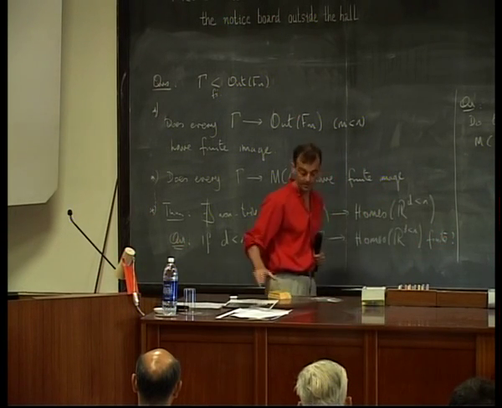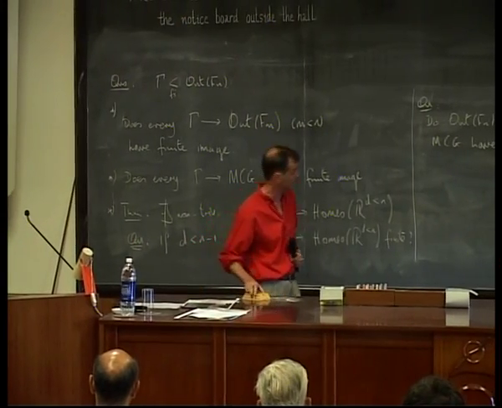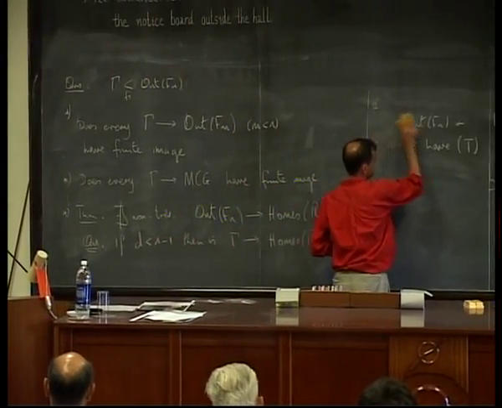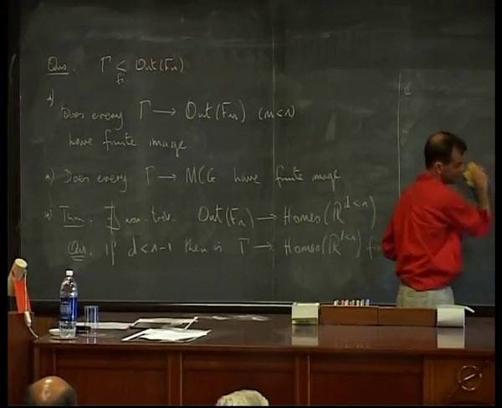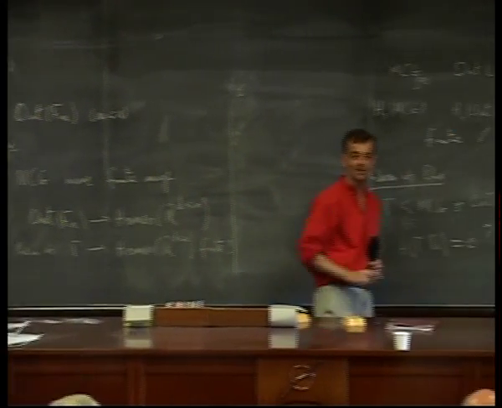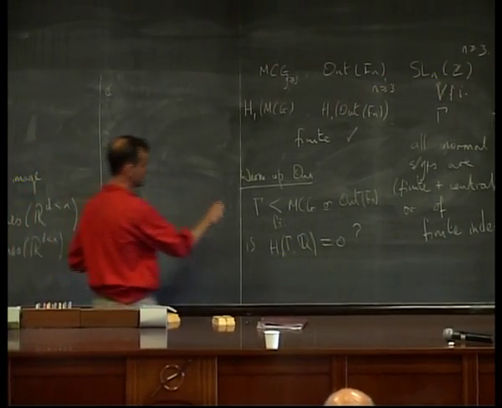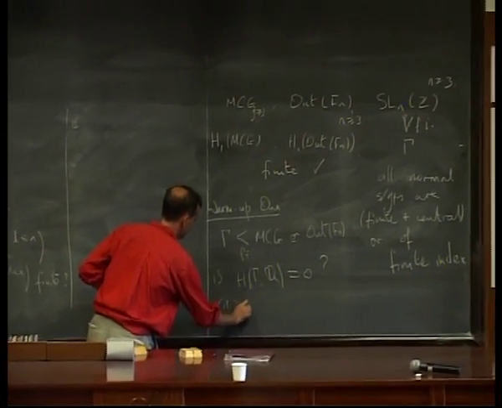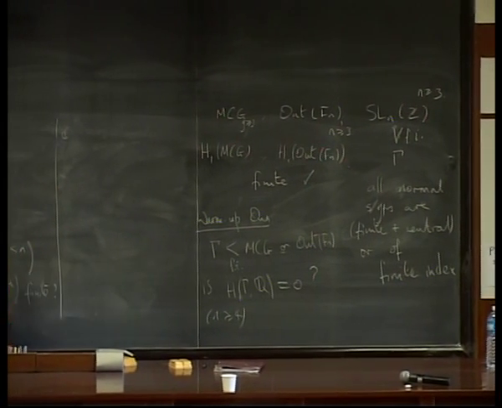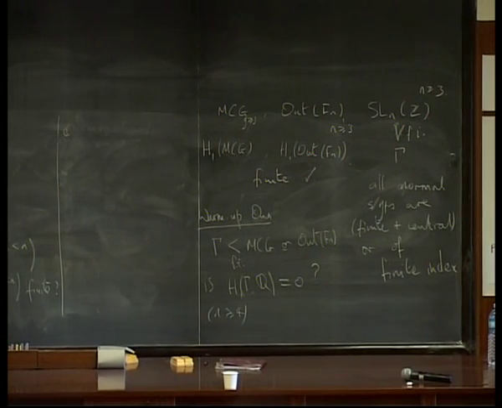Now, why do I have to go down to n minus 1? This is a slightly worrying point in all of this. You might start asking this question for n equals 3. In fact, I did. But actually, for n equals 3, there's an answer. So the real question here is for n greater than or equal to 4, and that's because for n equals 3, there is a subgroup of finite index that maps onto Z.